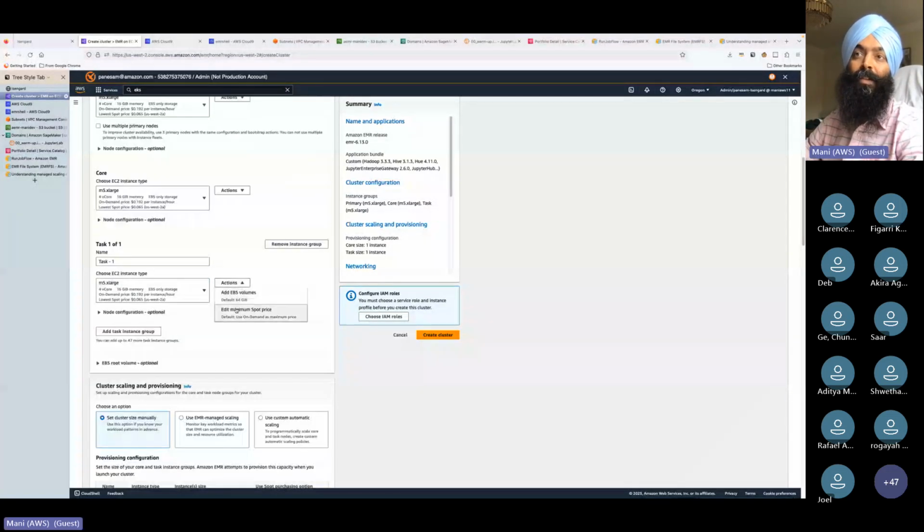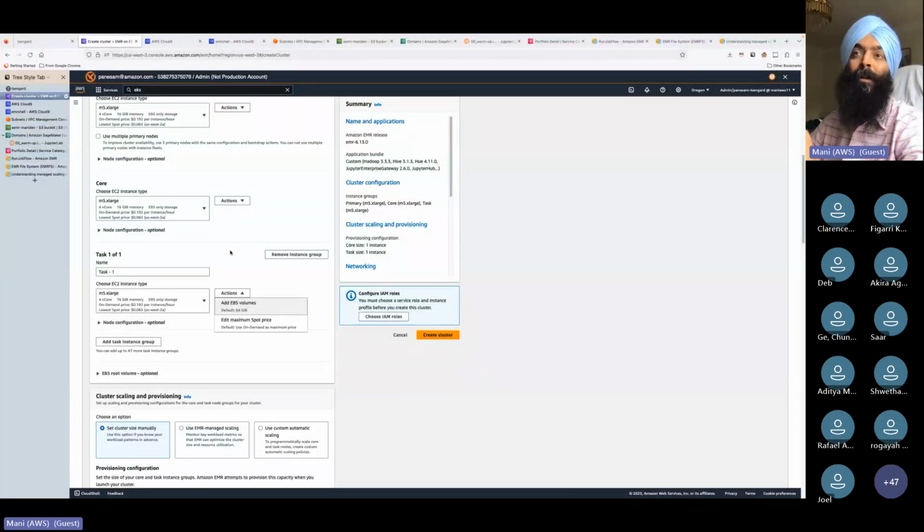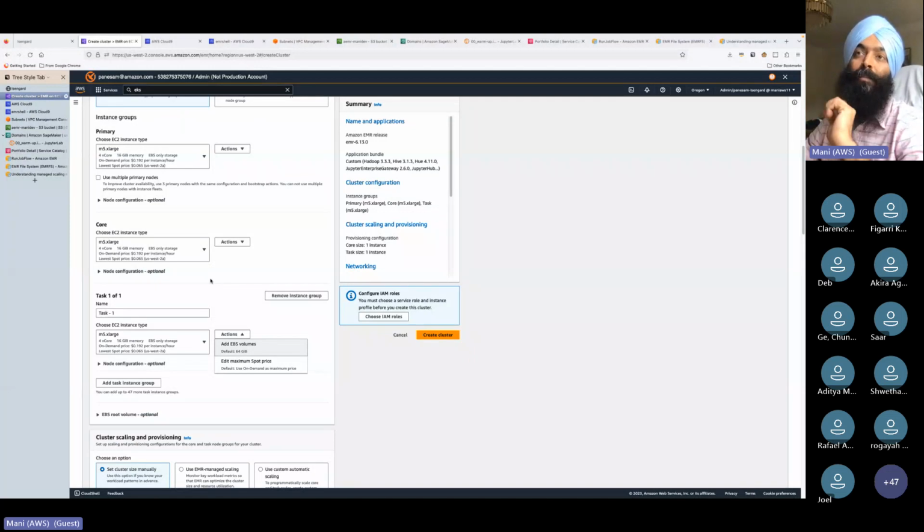And then we also have an option within these EC2 instance types. We can also choose spot instances instead of on-demand instances. Consider this because it's going to run EC2 instances in your account. So the best strategy on EC2 would be, if you have a consistent workload, fix your instance type and have your instances reserved, so that you are paying reserved instance pricing and can save on the